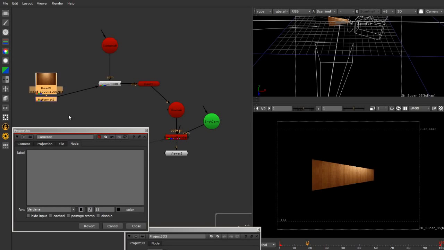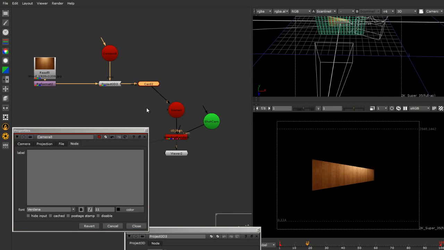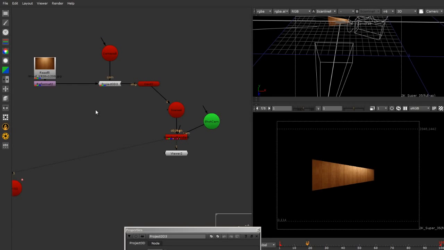So this is a very simple way of applying projections. Here what we have done is taken a texture, forget the reformat here, this entire thing is just the texture. We are using this camera to project the texture onto this object. Very simple process. So next step, I'll show you how exactly you can apply multiple textures and merge them together